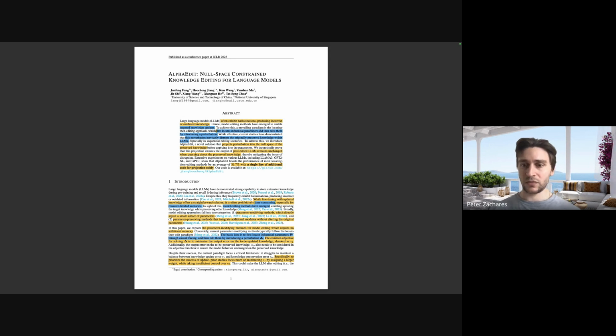What is this paper about before we start going into a lot of stuff? This paper is about teaching a language model new things, and specifically new knowledge like new facts. So maybe the model was trained in 2020 and it thinks that Joe Biden is still president. Or was Trump president? Anyway, let's just say it was trained in 2022 and it thinks that Joe Biden is still president. And you want it to update its knowledge, and this is a paper that discusses how you could do that.